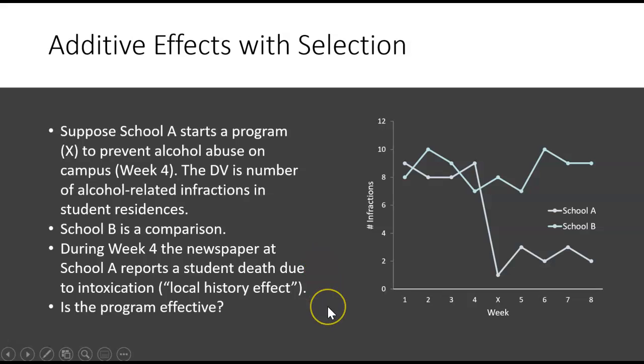School B, that doesn't have the program, is the comparison group. Let's say at week 4, at School A, there's an event on campus, an unfortunate event. You have a student death due to alcohol intoxication. So that's a local history effect. Can you say that the program was effective? No,